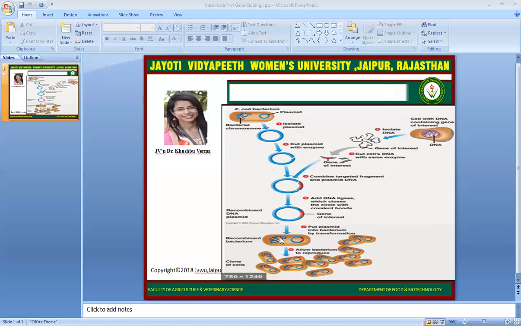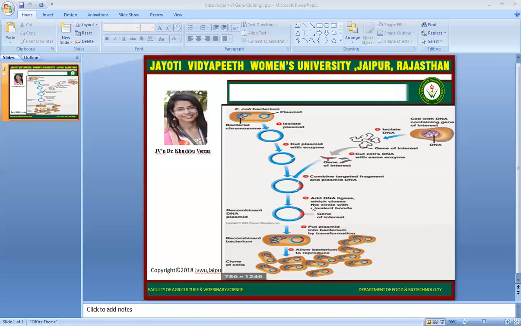But not all bacterium cells will get the recombinant vector. Some will have no vector, some will have only a simple vector, and some cells will have the recombinant vector. Then we allow the bacterium to produce multiple cells, and those cells will have the recombinant vector. They will produce the same clones of the cell, and these clone cells will have the recombinant vector, and by this procedure we will multiply our gene of interest.